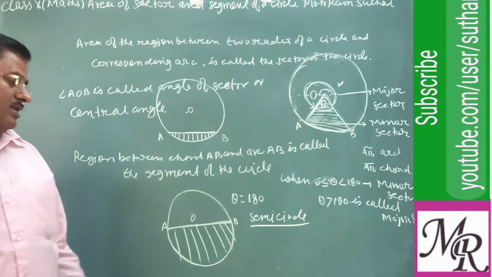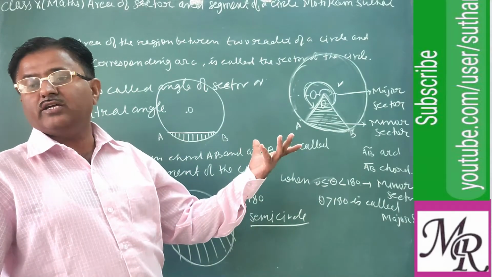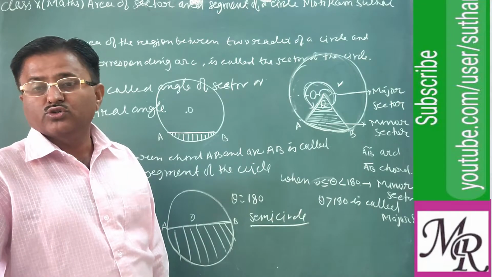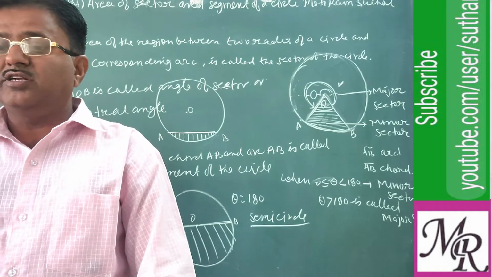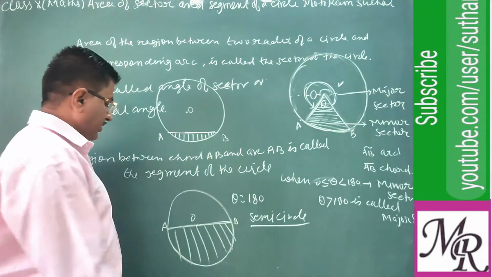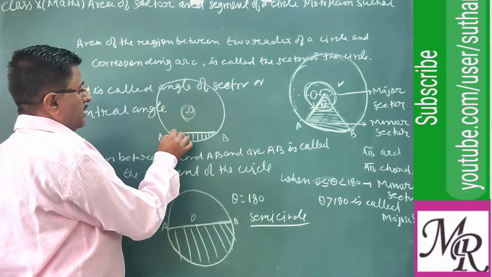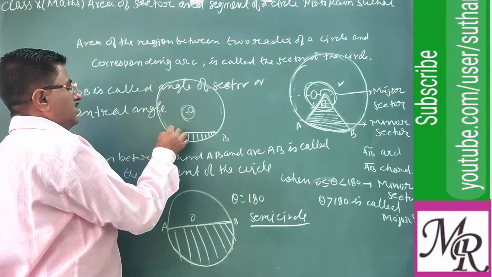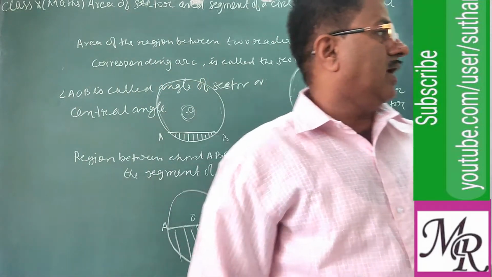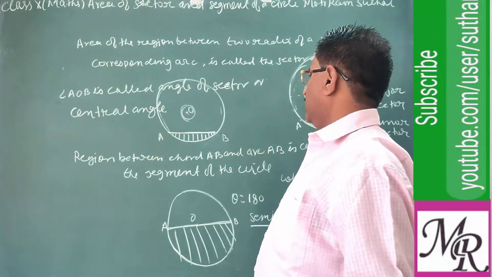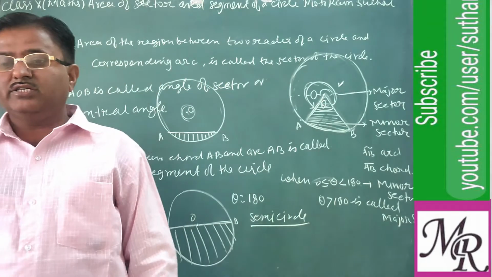Clear? Semi-circle. Now when this theta is complete 360, this sector is known as a circle. So we can say a sector is also a circle when theta, or the central angle, is complete 360. If this angle is complete 360, then A and B coincide with the A. So we get a complete circle. So when the central angle is 360, the sector converts into a circle, and we generally call it a circle, not